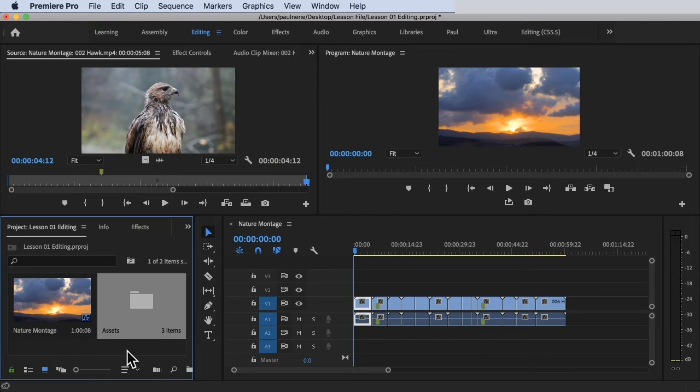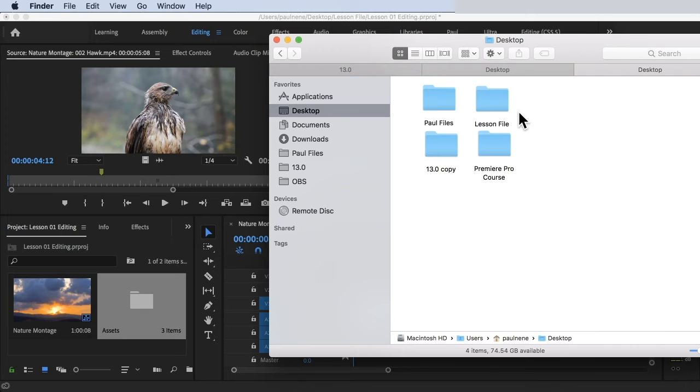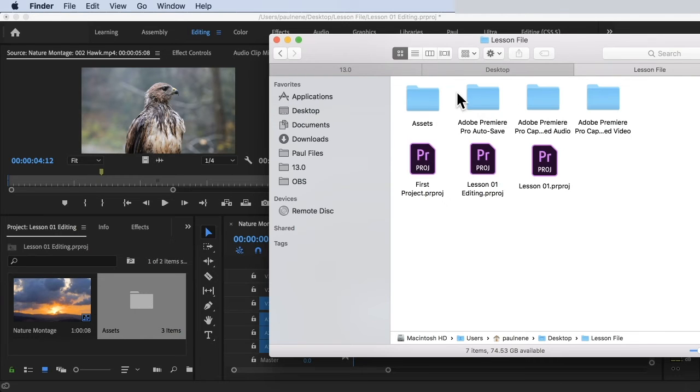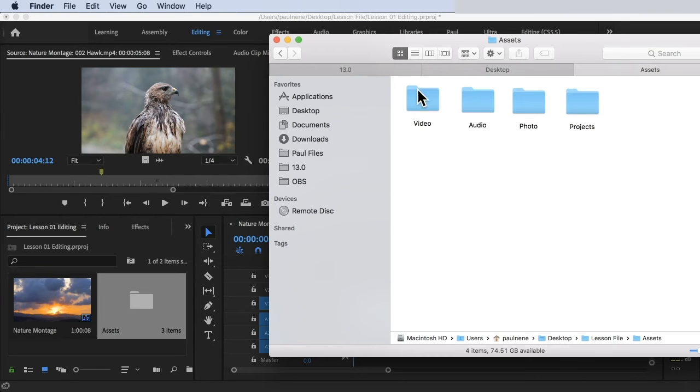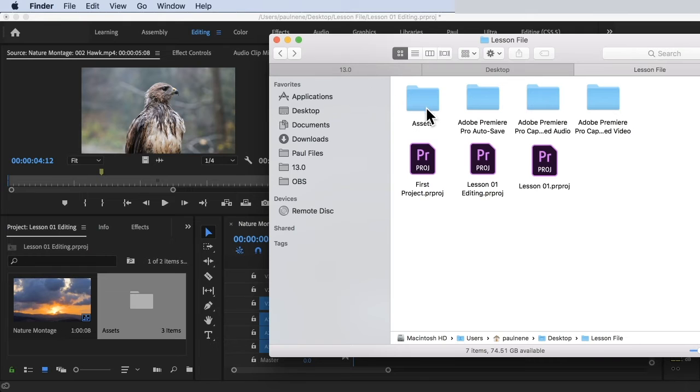Now, let's try to import different things. So we'll go back to the Finder, and then let's go to the lesson file, and there you go. There's a project file that was detected, that's why it's asking with that dialog box. Now let's say just this folder, there's no project files, completely footage, video, audio, photo, and projects only. So let's drag this folder to the project panel. Oops, all right. There you go. Now, if I release this,